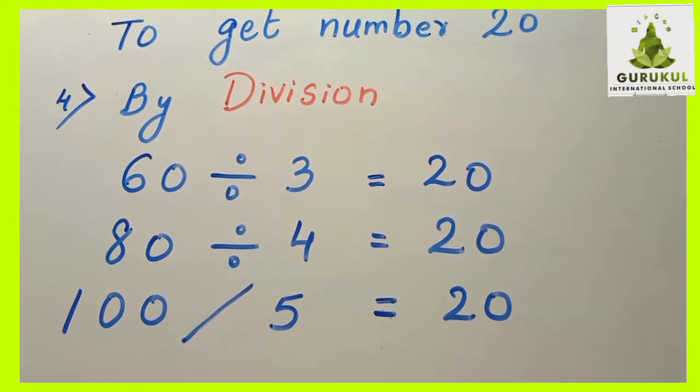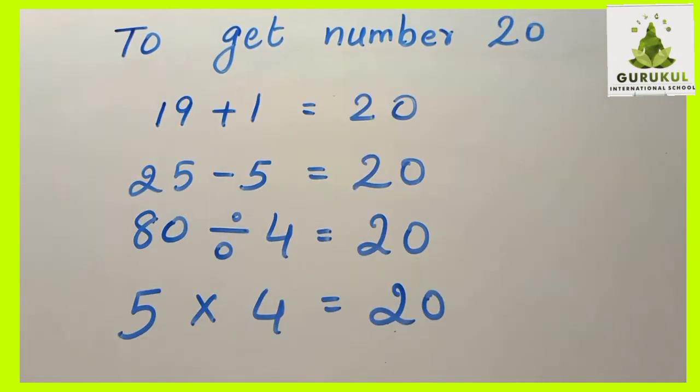Is this much clear? Now just copy down this and then we will take the examples which we have just written and form an equation. Now see here, children, in mathematics what does the equal to sign show? The numbers on both the sides are equal. Now see here, what we have done with all the operations. 19 plus 1 is equal to 20. Now this side and this side are equal. That is shown by the equal to sign.